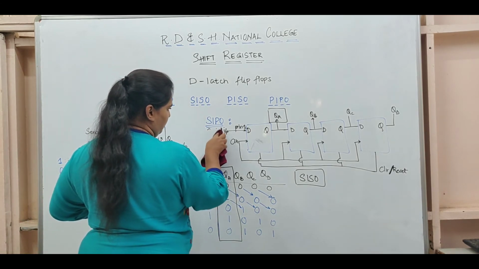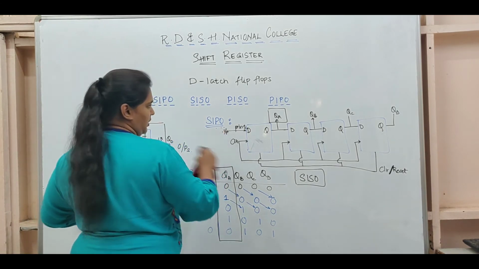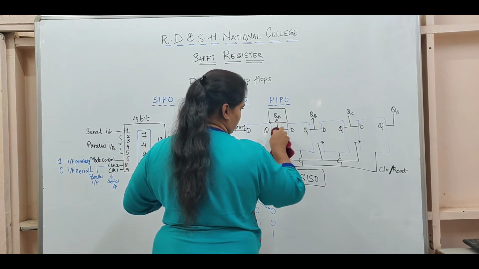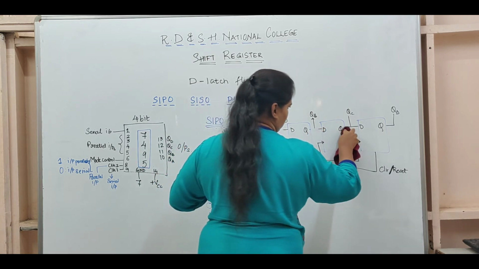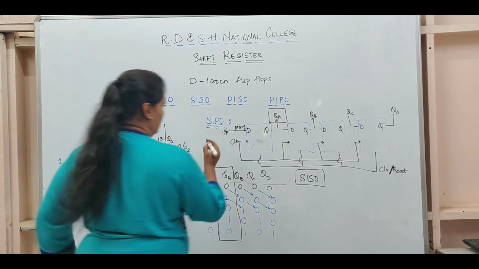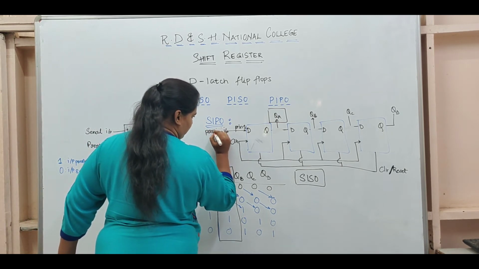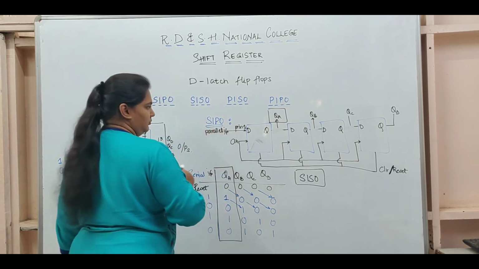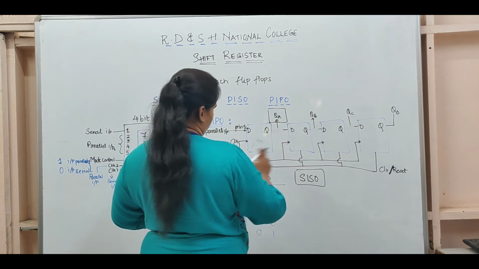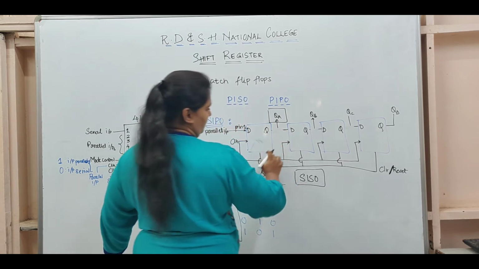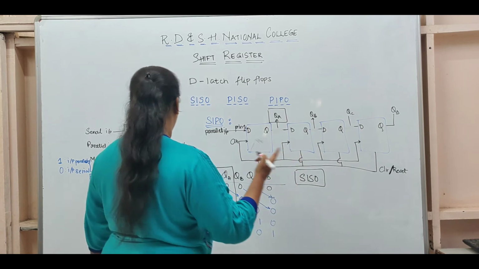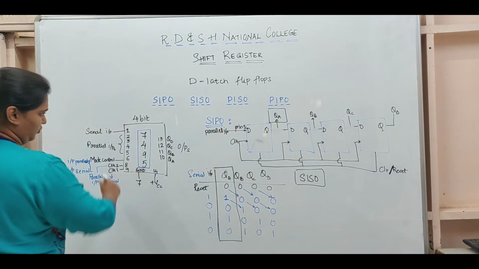So this will be my first input, and this will not come from here. I will have parallel input 1. Otherwise, you can do this, I'll show it to you. Instead of giving separate outputs, because I want serial out, I want only one data as output. I'll show you the connection with respect to this.